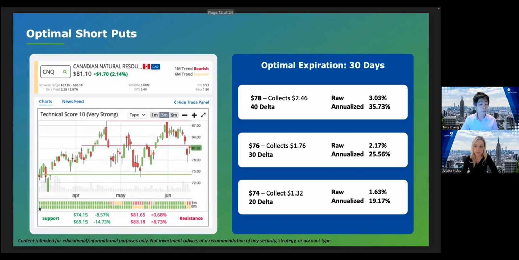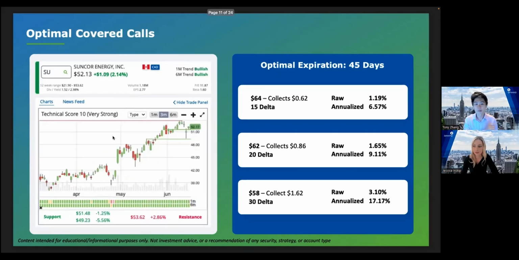Maybe this is a stock, but it's a strong performing stock. And actually, I apologize, Jessica, let's go back to one slide, because there's one thing I forgot to explain. Despite the fact that we're collecting only 62 cents on income for the $64 strike, we're collecting 1.19% in 45 days. And I just want to put that into context, because when you own Suncor Energy, you can see